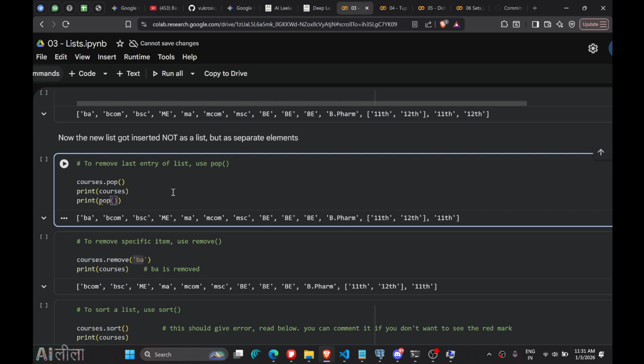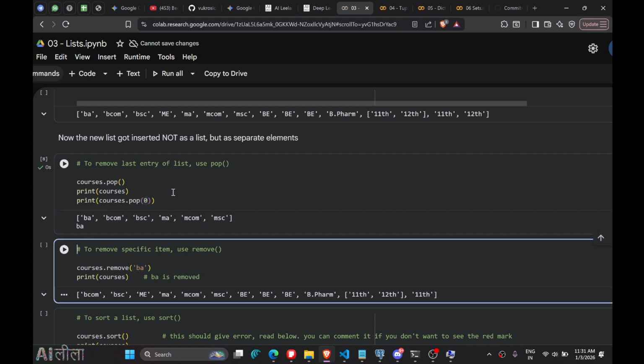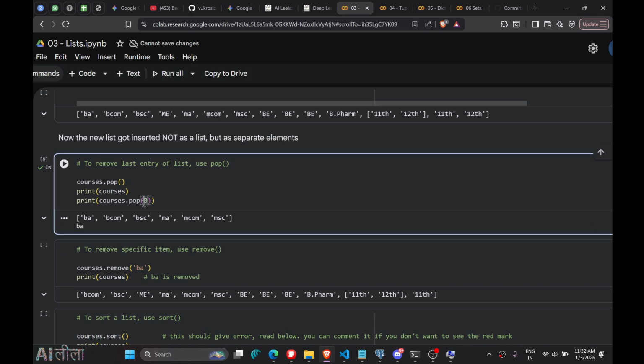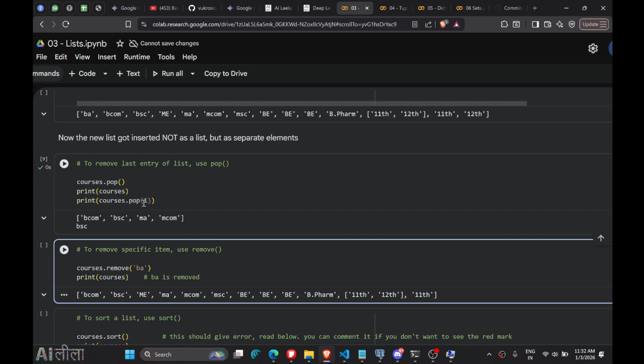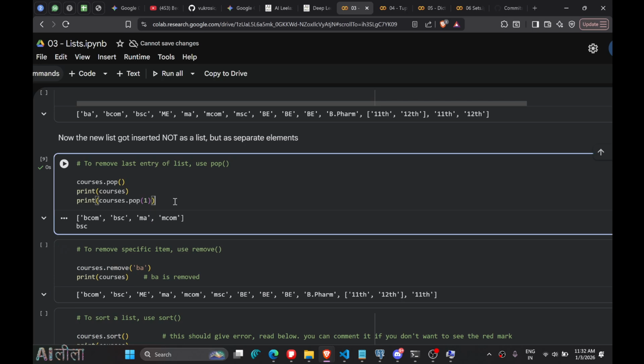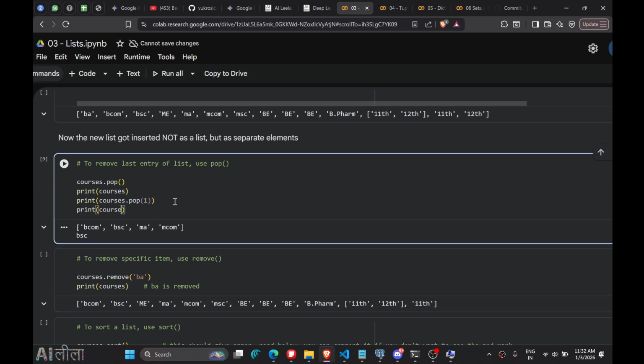So let me check it once. Let's say we do pop 0, courses.pop 0, and let's see if BA is gone. So we have this, okay, so it is giving me only that point. So let's say if I do courses 1, it is only listing it. So I think it has removed it and given it. So let's say if you do courses now,